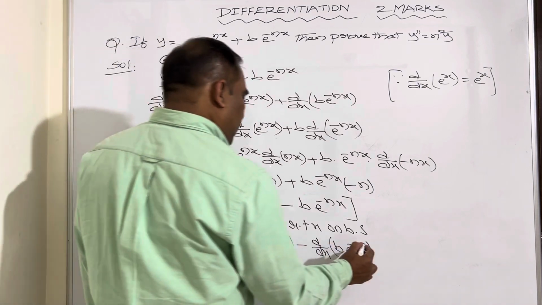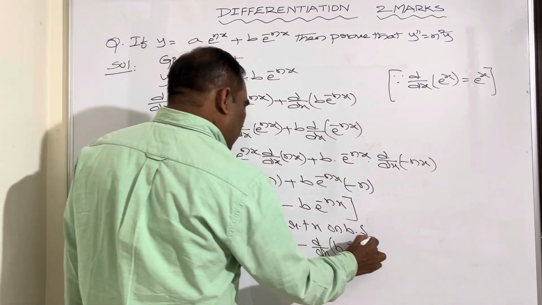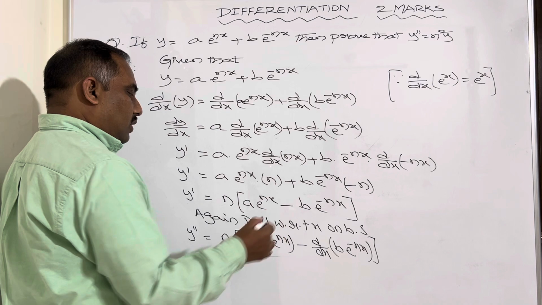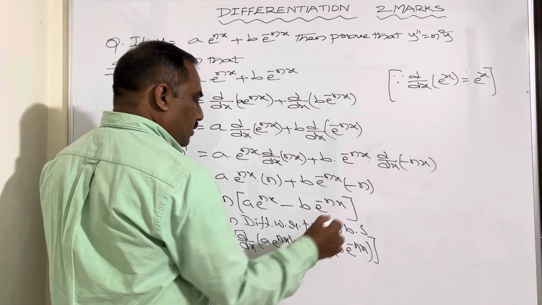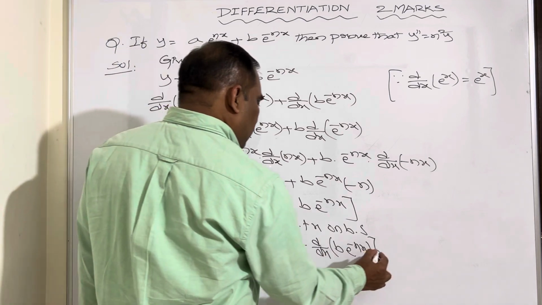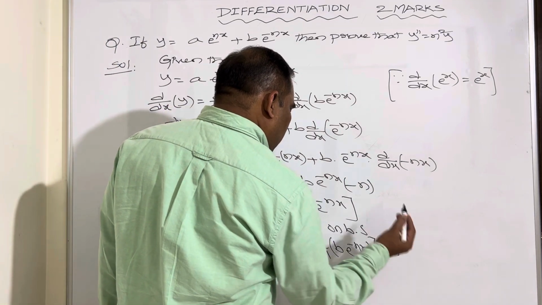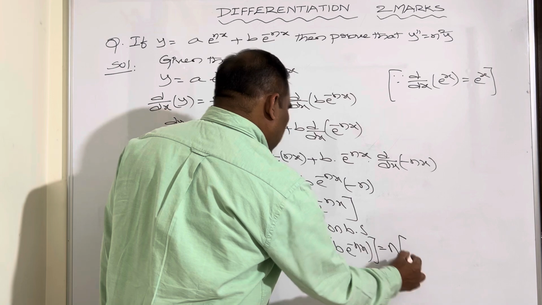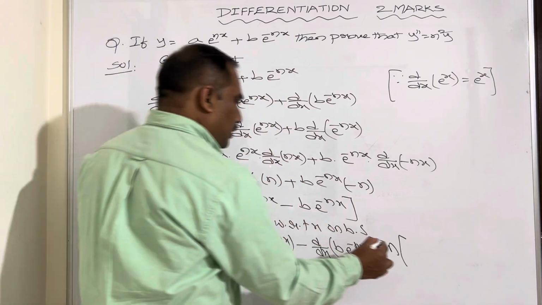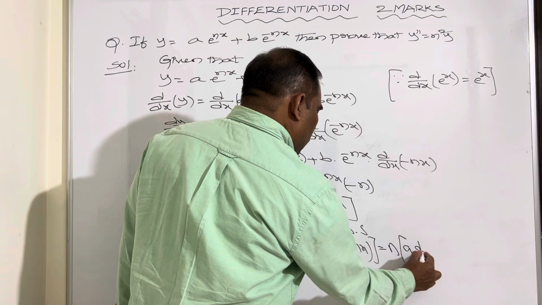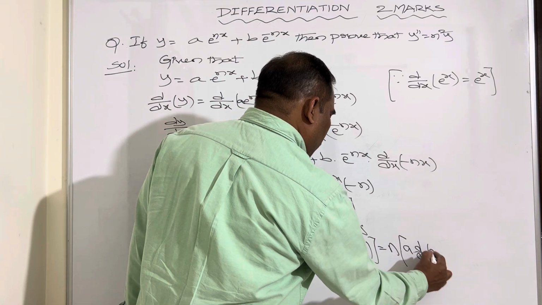Which is n into d by dx of a into e to the power of nx minus d by dx of b into e to the power of minus nx. Which can be written as n into, a is also a constant, so a into d by dx of e to the power of nx,